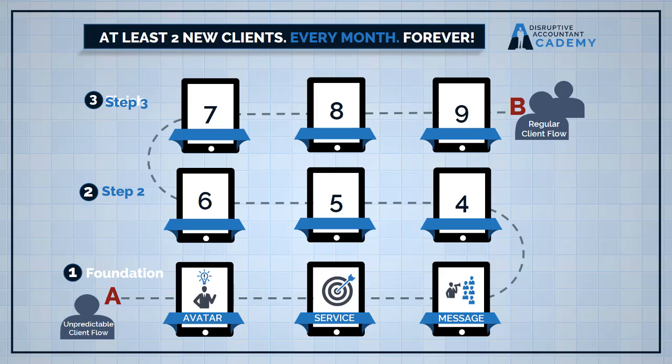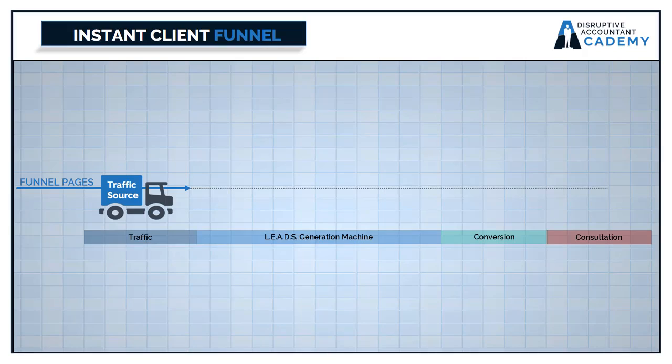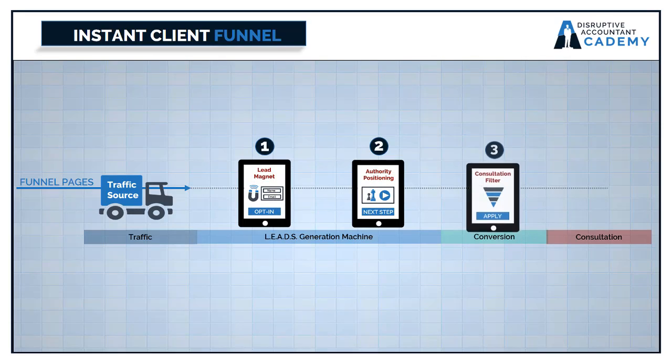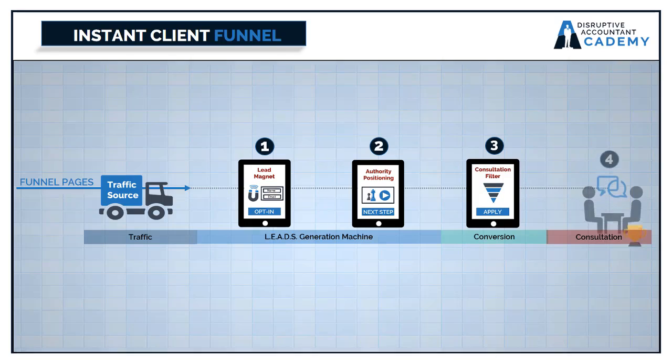The second step in my signature solution is now to build your sales funnel, which really is just an online process to convert your prospects into paying clients. Your funnel is made up of various web pages or URLs. The good news is that every funnel consists of just 4 basic components that I'm going to show you now. They are what we call your lead magnet, then there's your authority positioning page. That leads them to a conversion event, and that conversion event hopefully is going to lead them to closing the deal, which of course in our case is going to be to get you a face-to-face consultation with your prospects.